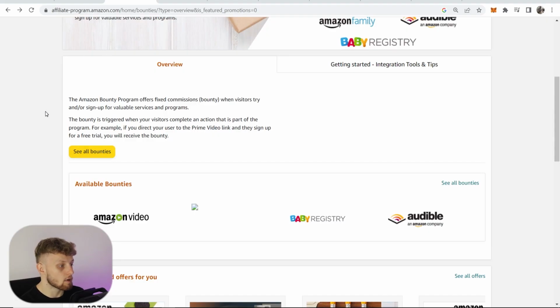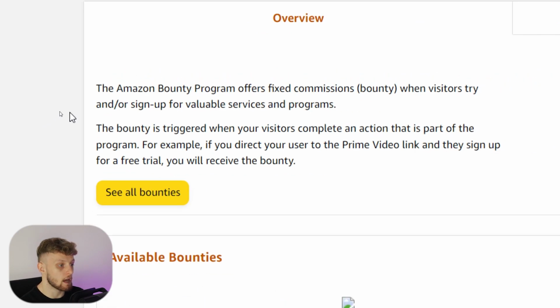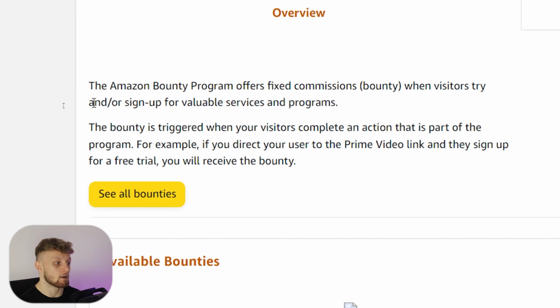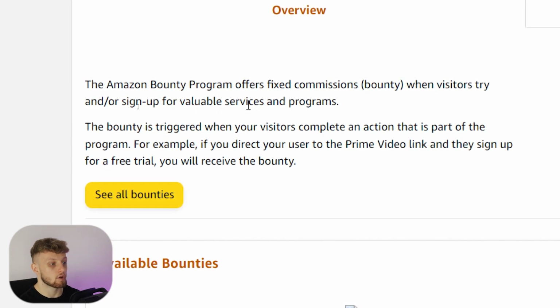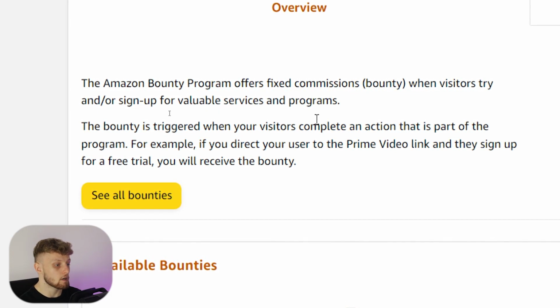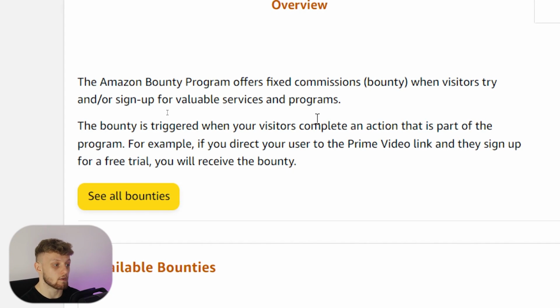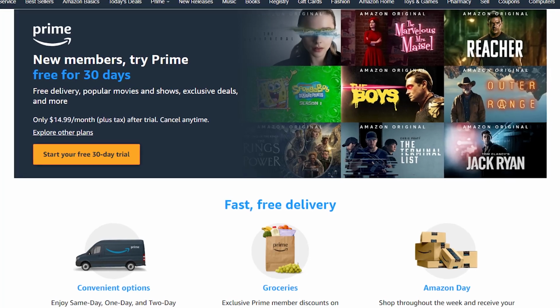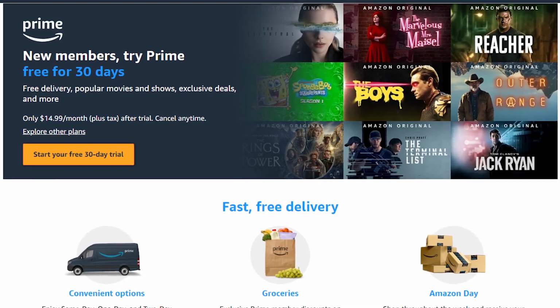So here I am on the Amazon Bounties page, and here you can see the Amazon Bounty program offers fixed commissions when visitors try or sign up for valuable services and programs. The bounty is triggered when your visitor completes an action that is part of the program. For example, if you direct your user to Amazon Prime Video and they sign up for a free trial, you